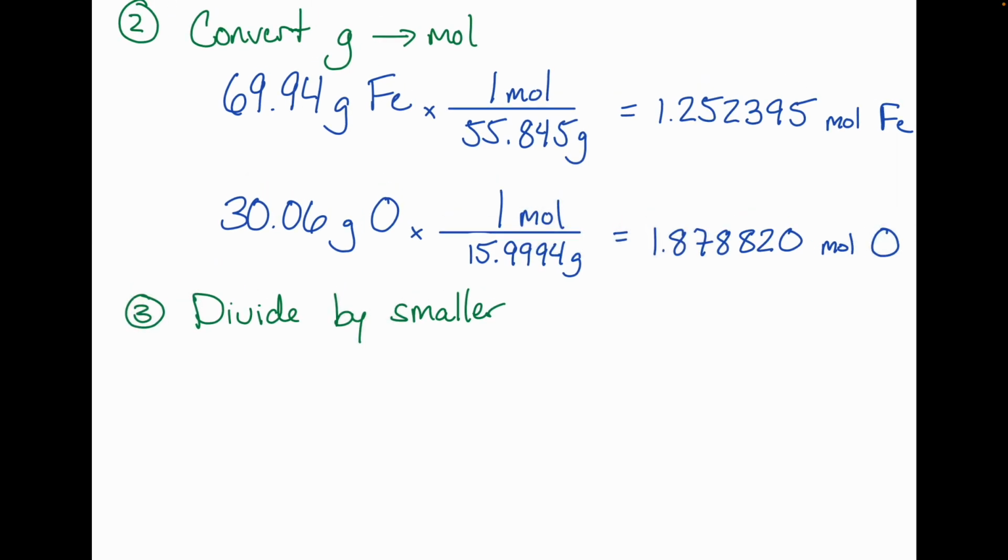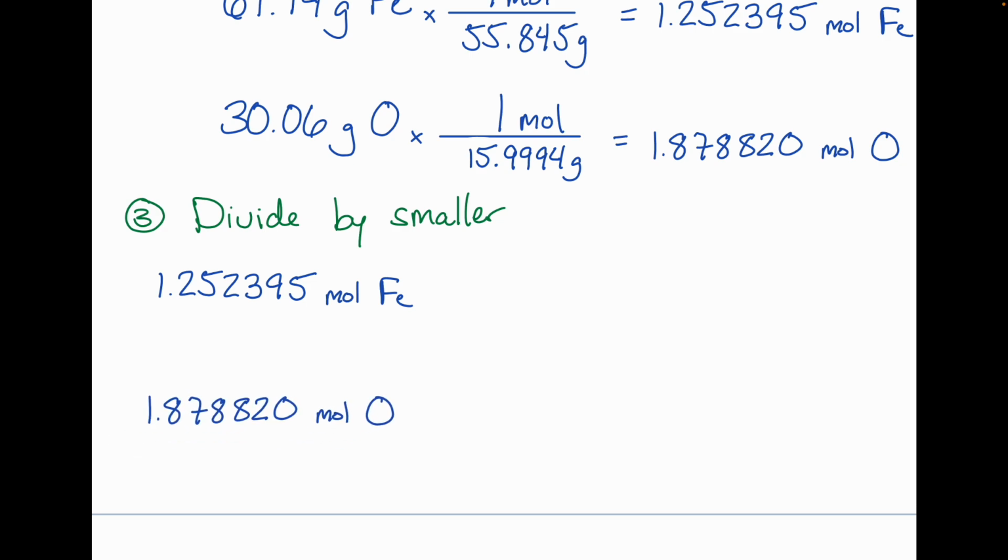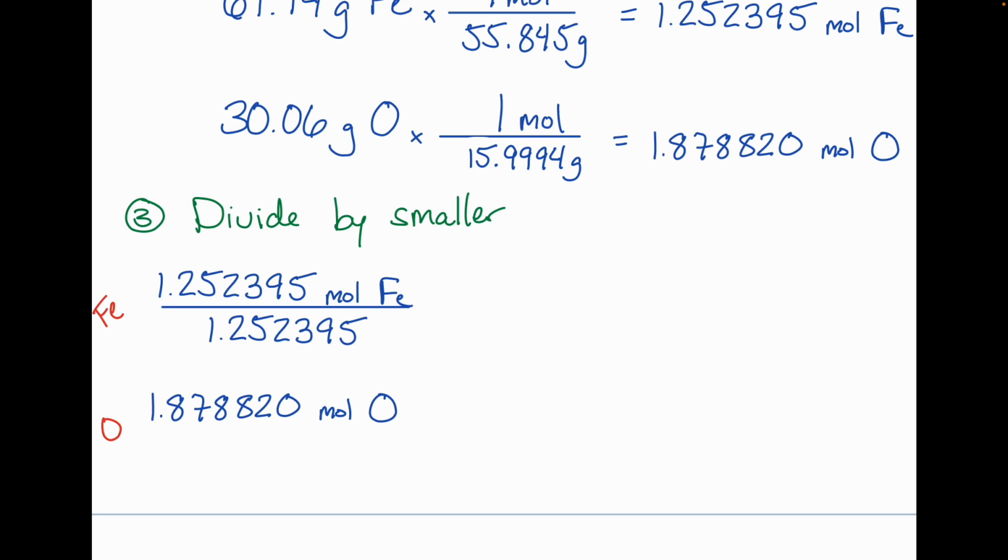So again, we're going to do our trick. I'm going to divide moles of iron by that smaller number. So let's just keep track. This is Fe, this is O. The smaller value is that 1.25 number. We do this trick because that will guarantee we get one whole number out of the deal for iron. But now for oxygen, we get